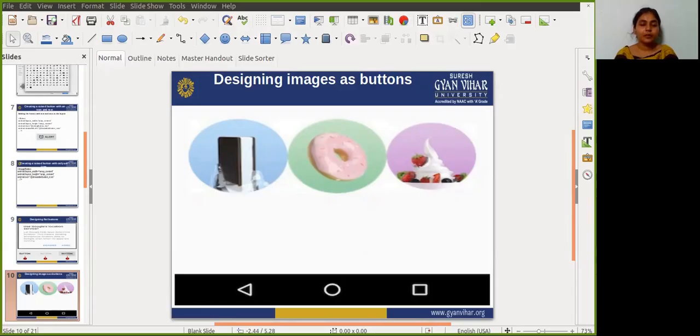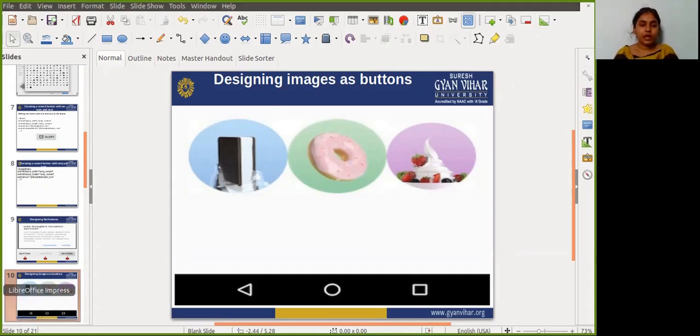For example, the following images from the drawable folder are defined for image views and grouped in a linear layout, set to horizontal orientation, so that they appear side by side.